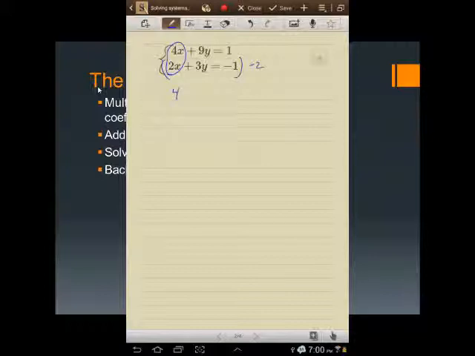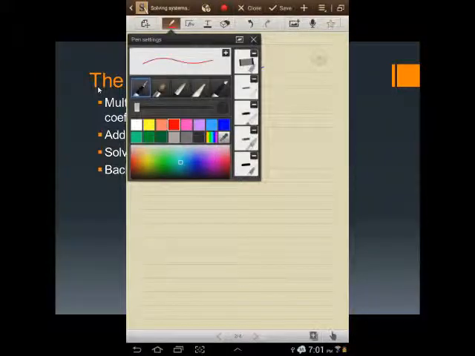So I'm going to have the 4x plus 9y equals 1. So I haven't changed that first equation yet. And we'll multiply every value in the second equation by -2, because that's going to give me -4x right there. -6y, and -1 times -2 is +2. All right, so now that I've multiplied,